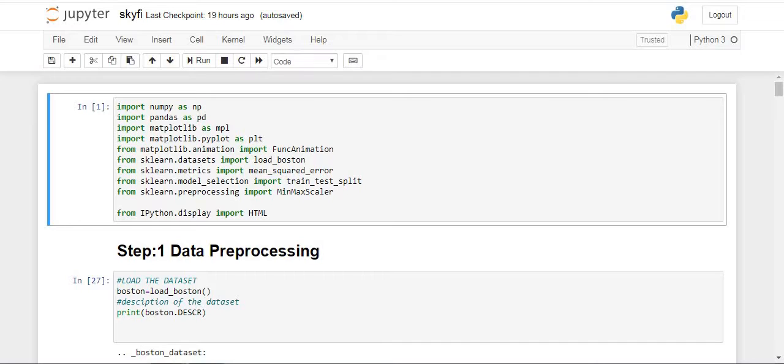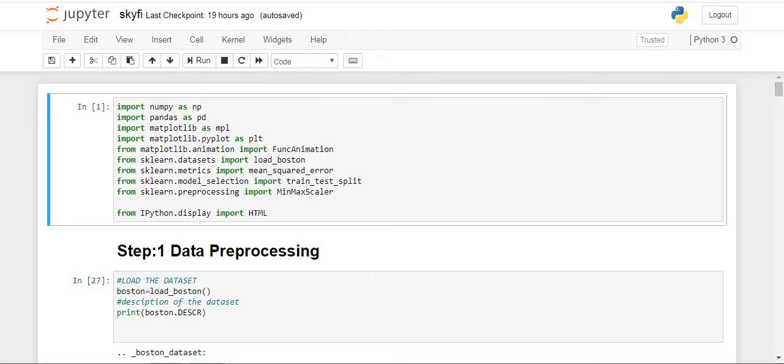First, we need to import some libraries such as NumPy, which is used to handle multi-dimensional arrays. It provides an easy way to perform vectorized operations. And then we will import pandas to provide easy to use data structures for data analysis. We will use this to load data into a data frame object, and then we will import matplotlib, which helps to plot the graphs.